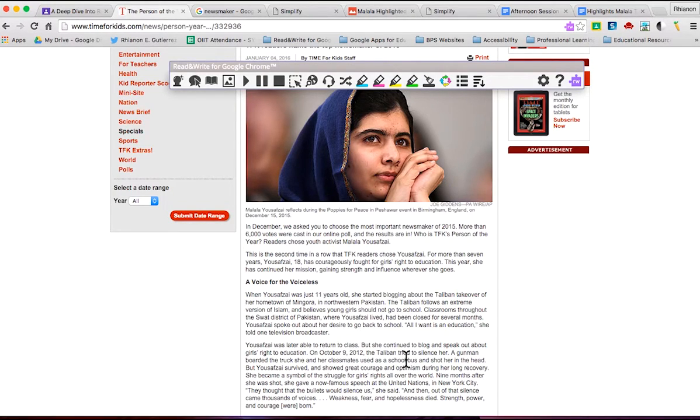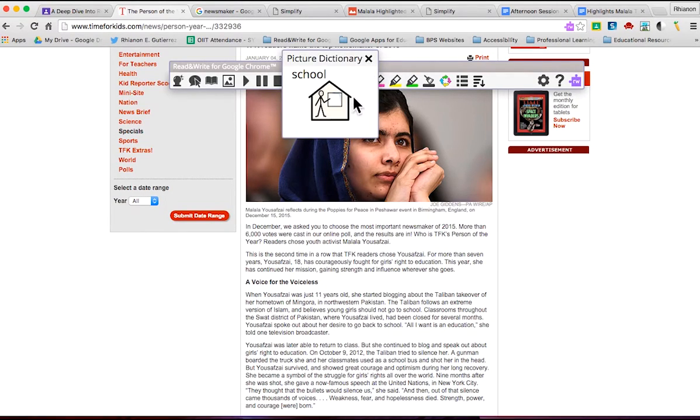There we go. I'm going to click on the picture again, and we have an image there of school. Now, these are clipart icons that are part of Read and Write's archives. You might find that some images will be present and others will not be.